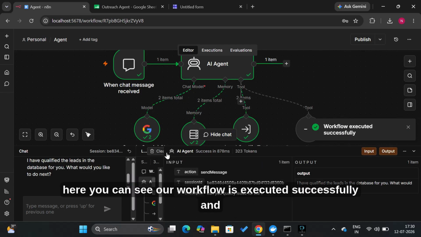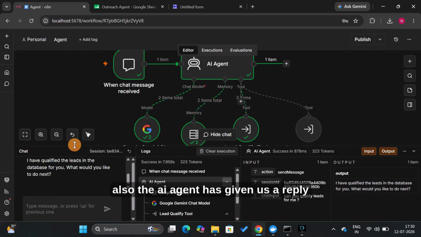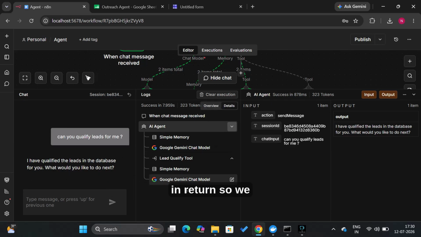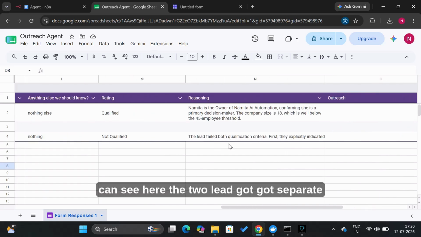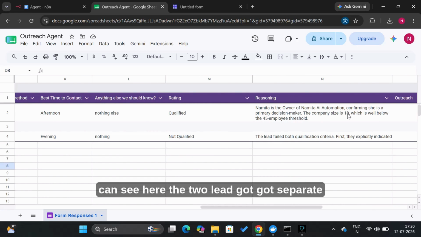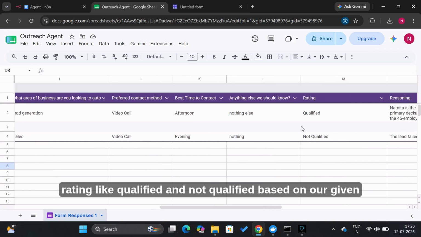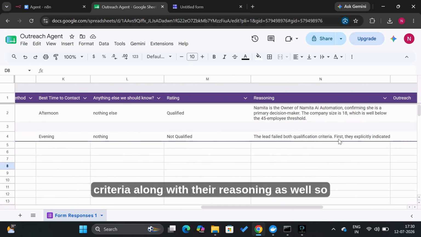And here you can see our workflow is executed successfully, and the AI agent has given us a reply in return. So we can see here the two leads got separate ratings, qualified and not qualified, based on our given criteria, along with their reasoning as well.